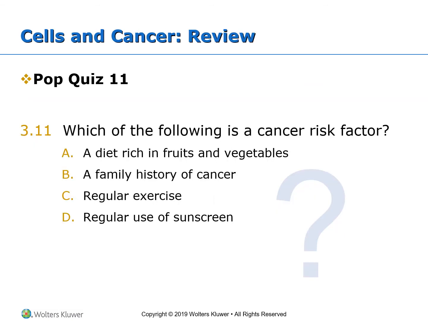Question number 11: which of the following is a cancer risk factor? As options, we have a diet rich in fruits and vegetables, a family history of cancer, regular exercise, and regular use of sunscreen. The cancer risk factor is a family history of cancer, hereditary aspects of